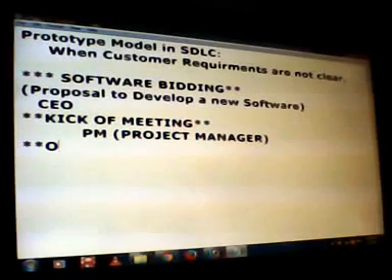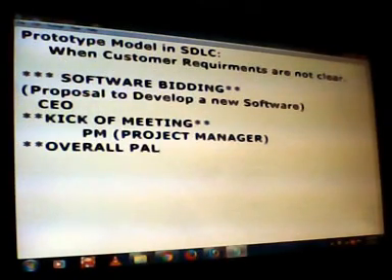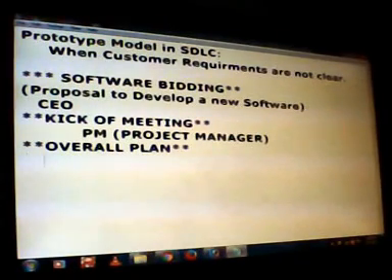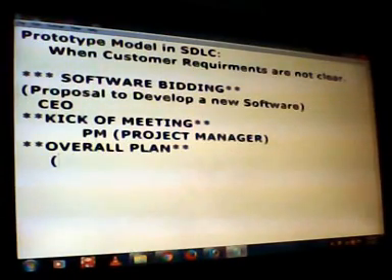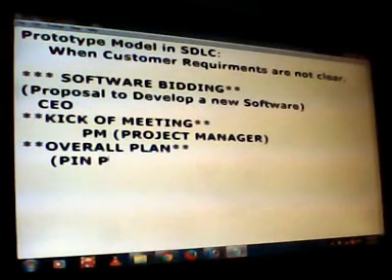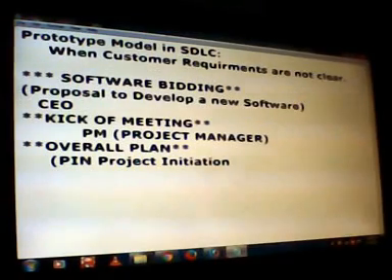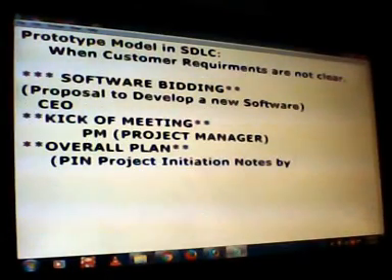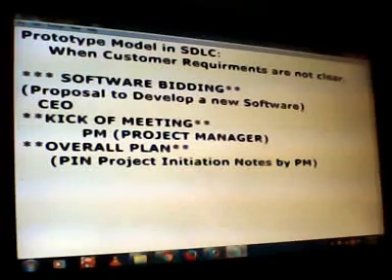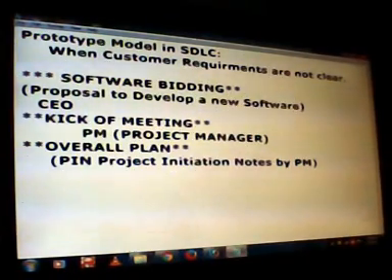In the next module, the overall plan, this PM is going to initiate the PIN, project initiation nodes, by the PO or PM, project manager or product manager. This is his task.